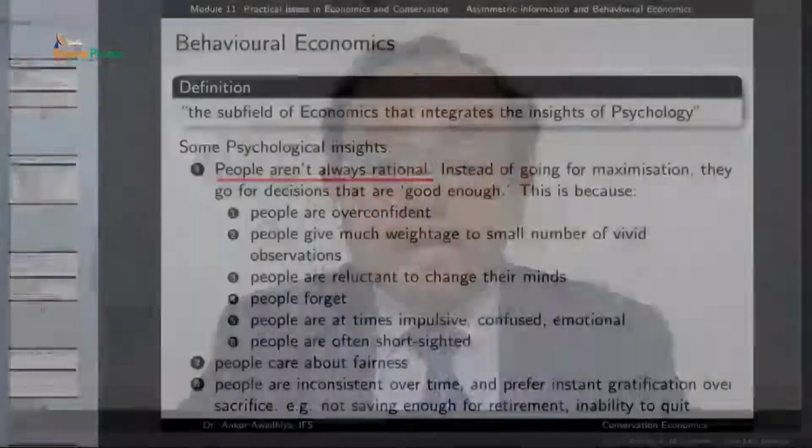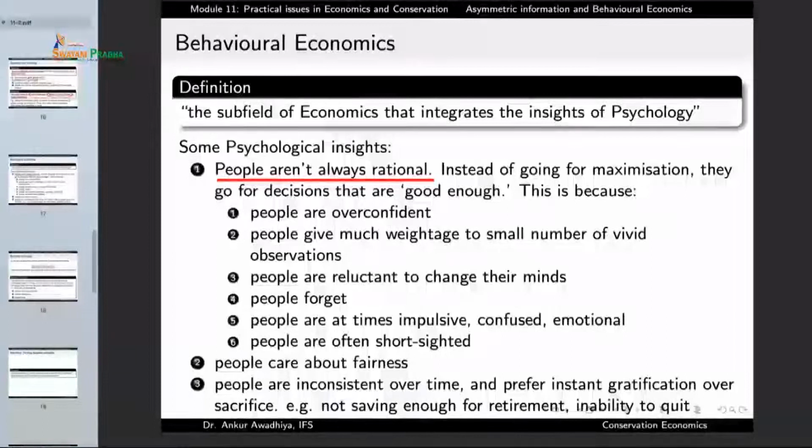So, if there is a person who is, say, smoking a lot, this person knows that smoking is bad for health, smoking is injurious for health, but still this person will not be able to quit because this person is looking only for the short term benefits. In the short term, it gives a very good urge, it gives a very great amount of energy. People feel energetic when they have a cigarette. In the long run, well, it does have its health consequences, but then people take decisions on the short term basis because they are often short sighted.